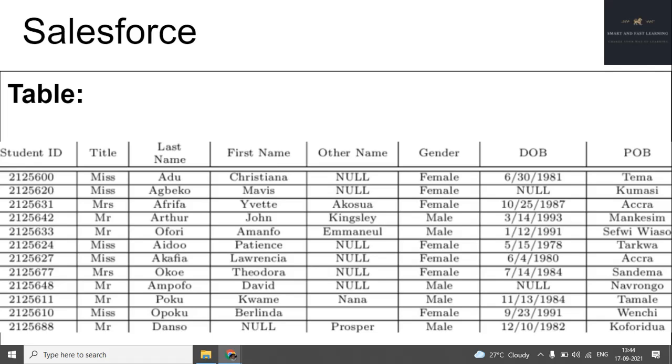This is the table of a student that contains the values of student ID, title, last name, first name, other name, gender, DOB and POB. It contains the data, and all the columns that you can see, student ID, title, these are called fields, and the whole table is called an object.